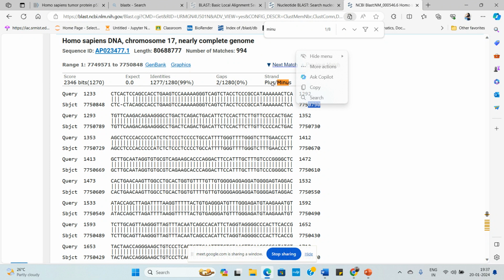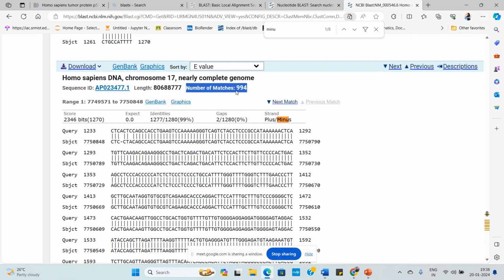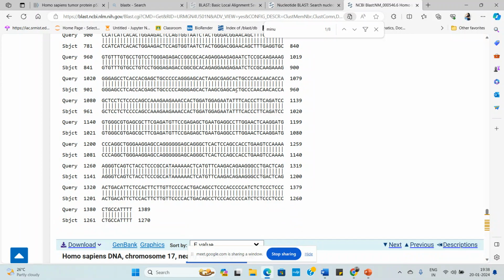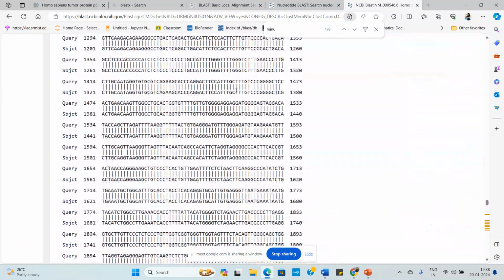When you're designing primers, or when you're doing indel identification or snp identification, you can't directly take the sequence which is showing in the blast result. You have to check all these sequences. And I also told you about this number of matches. There is something called hsp, which means when you are giving,